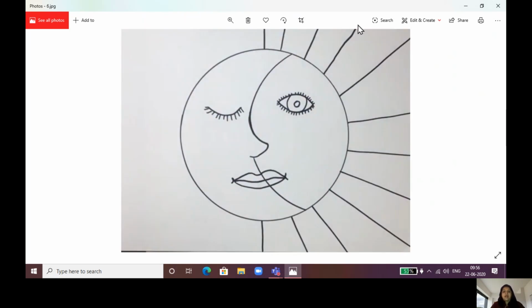All right, so now you're getting why we have divided the page with that line. On the right hand side, as you saw, we made this open eye, which is the sun. We are making sun rays here by making some lines. To make these lines, you can use a scale also to make straight lines. And make sure between two lines you are leaving enough space to color.